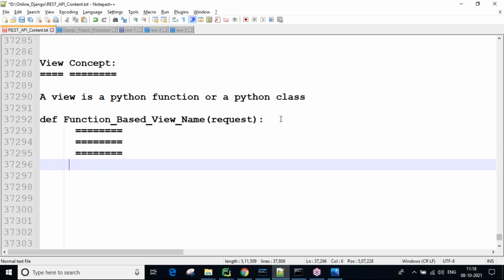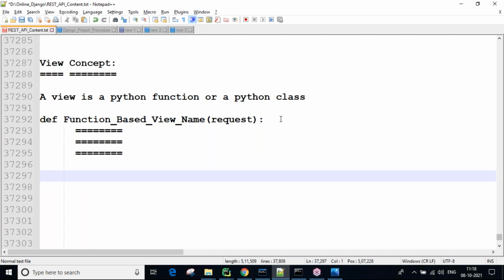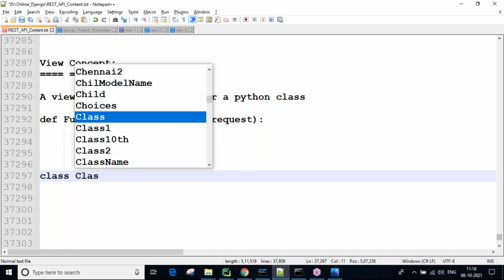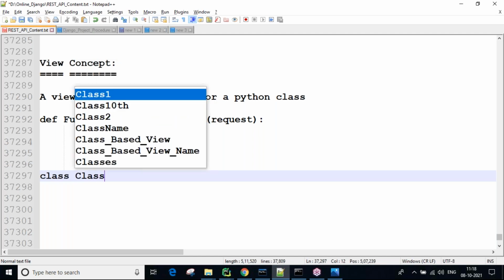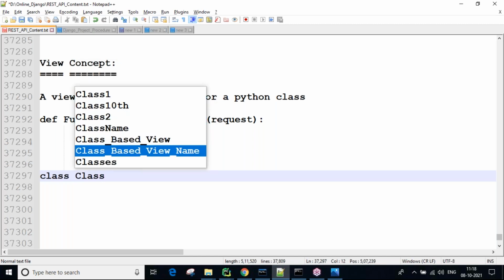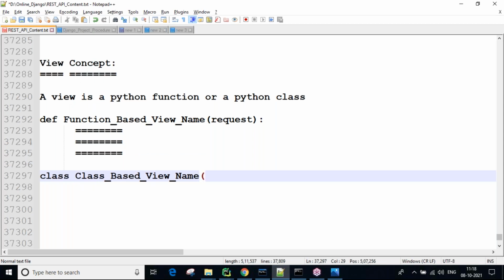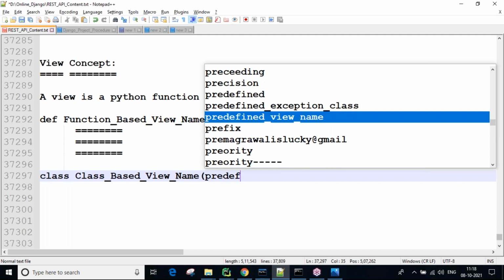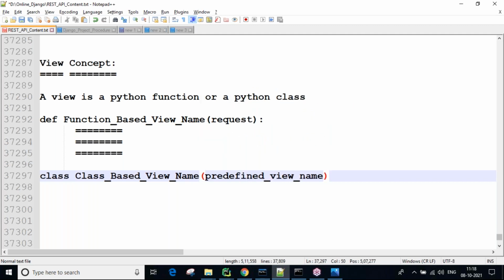Next, a view is a Python class also, as I told. So Python classes we create using the class name: a class based view name, any user defined view name we need to write.